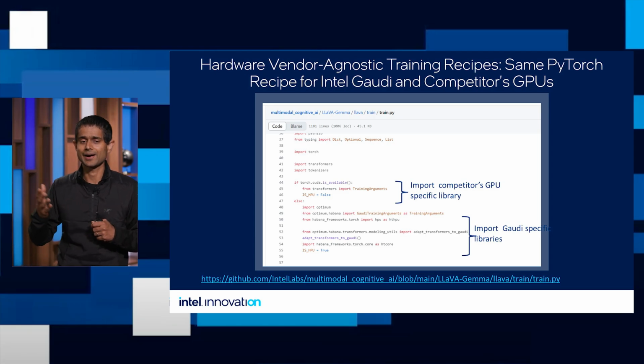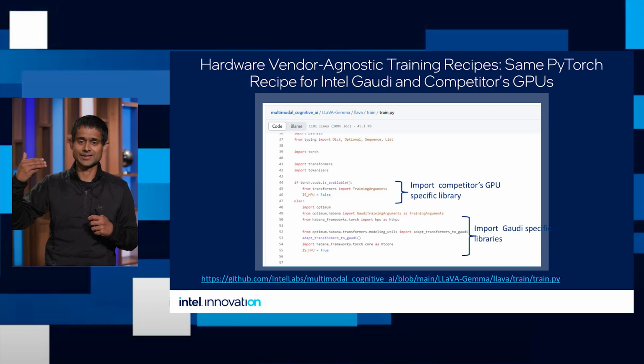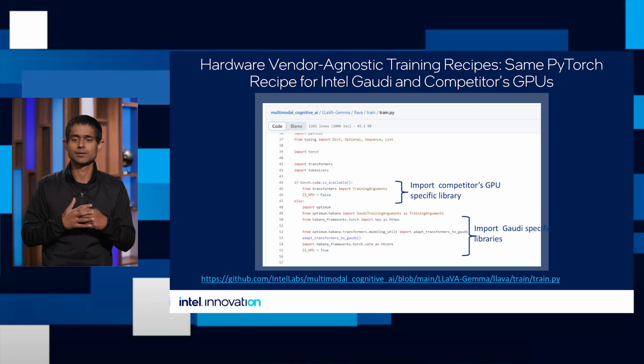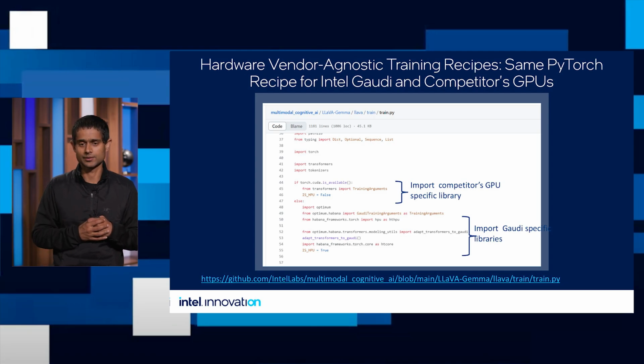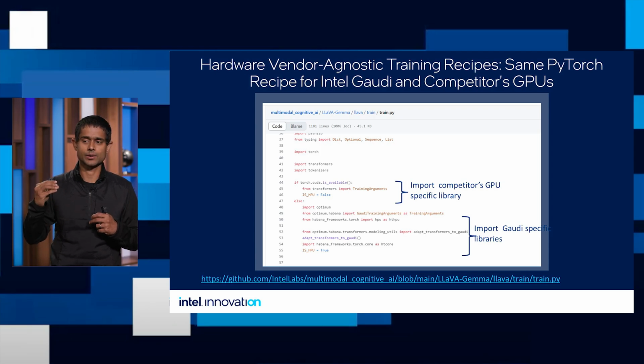So on this slide, I have a link to our source code for training the LLaVA Gemma model, where it's the exact same source code that runs on Gaudi AI accelerators as well as competition's GPU products. You can see here that there's a very minor change required in the logic of the import libraries.